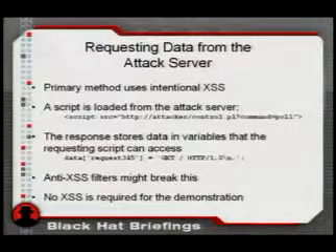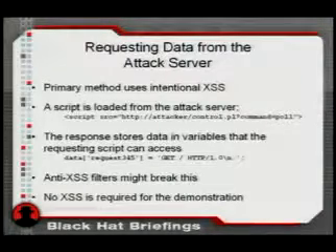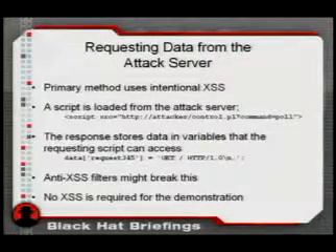Now, theoretically, I can imagine some cross-site scripting filters detecting this because it is really cross-site scripting. I want to emphasize, though, that cross-site scripting is not required for any of the parts of my demonstration. It's the most elegant solution for some things, especially this. But there are other techniques available for tunneling data off-domain, essentially out-of-band communications. Two that I've experimented with are tunneling data over the image height and width of an image request, and also using parameters that can be inferred from a cascading style sheet. I don't really have time to go into these in detail, but the white paper associated with my presentation does.